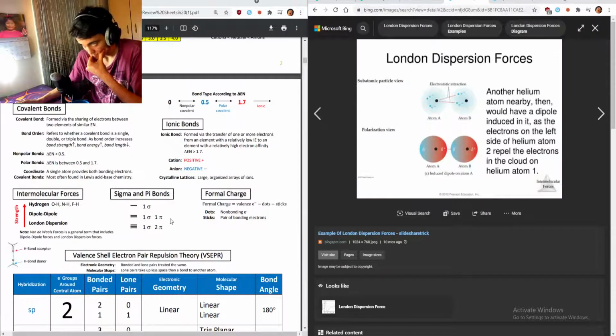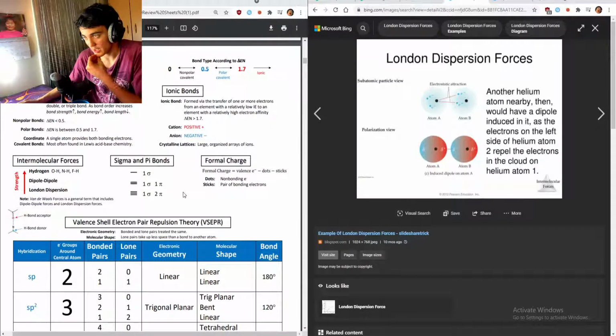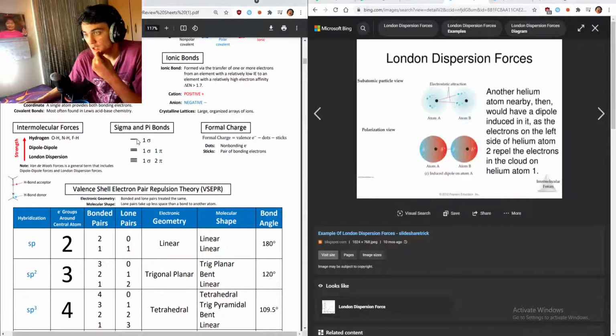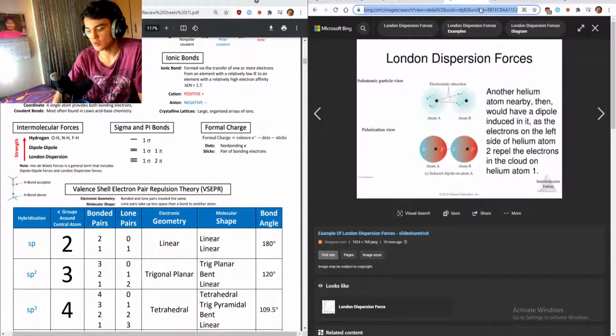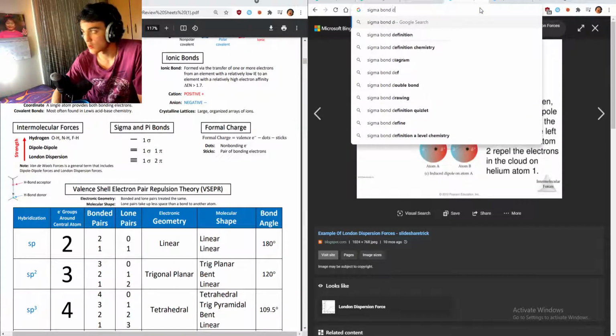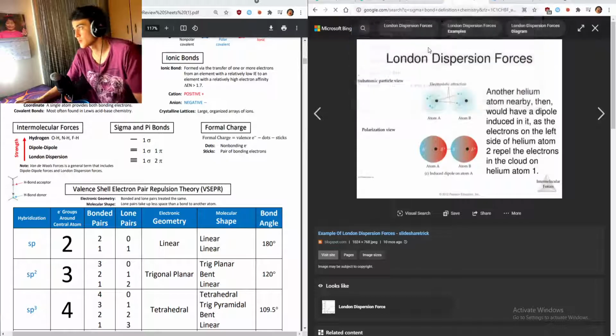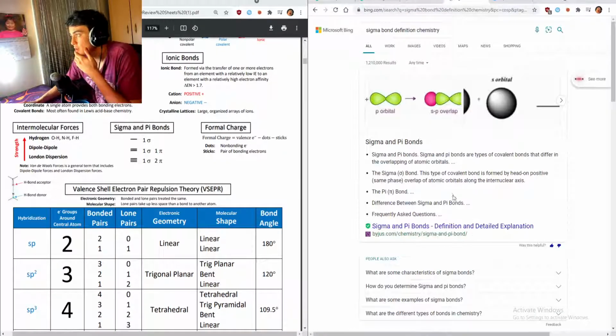Okay. Sigma and pi bonds. This is organic chemistry. A single bond is a sigma bond. A double bond would still be a sigma bond, but it would have one pi bond. So a sigma bond is just whether there's a bond or not. Sigma bond is